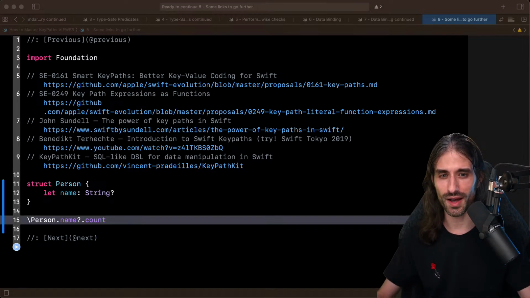But there is also another such syntax, which is property wrappers. And so we will see how to use property wrappers in the next live stream, either next week or in 3 weeks. I'm not sure. It will depend on my availability. But this is coming, and it will be the same format with a playground. We will cover property wrappers and all the cool things that you can do with them.